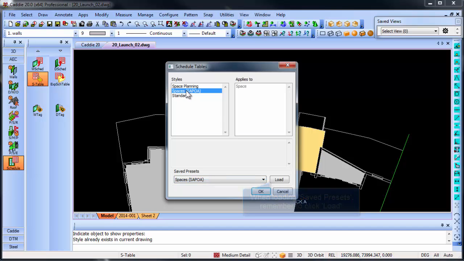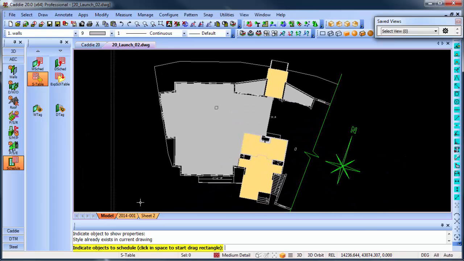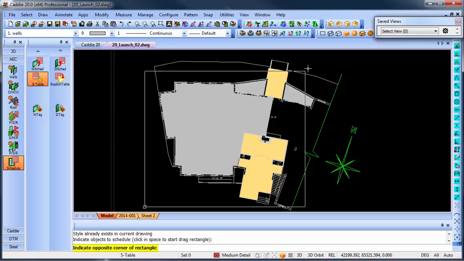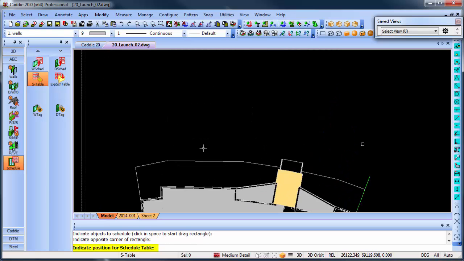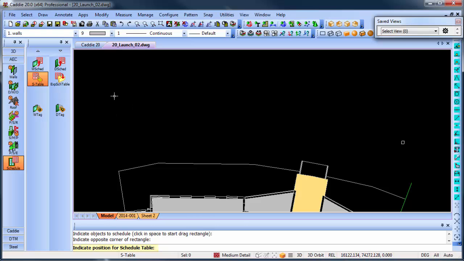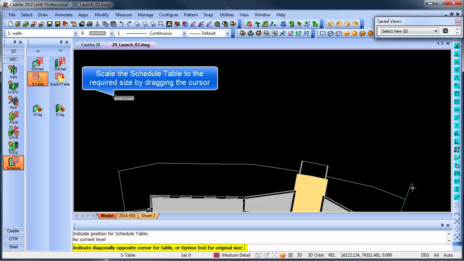So I'm going to use that one. It applies to spaces, and once you say OK, it asks you to indicate the spaces. So I just indicate an area from, let's say, here to there, and then it's going to ask you for a position of the table. So I'm just going to click where I want the table, drag it the size I want it to be, and click.